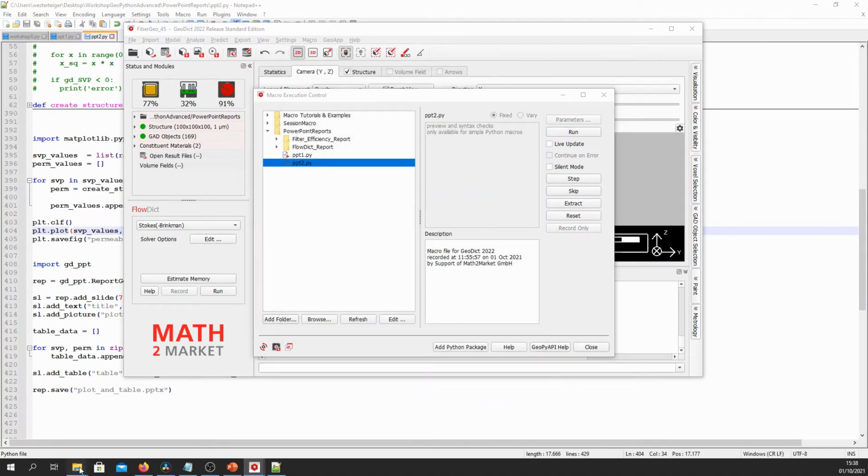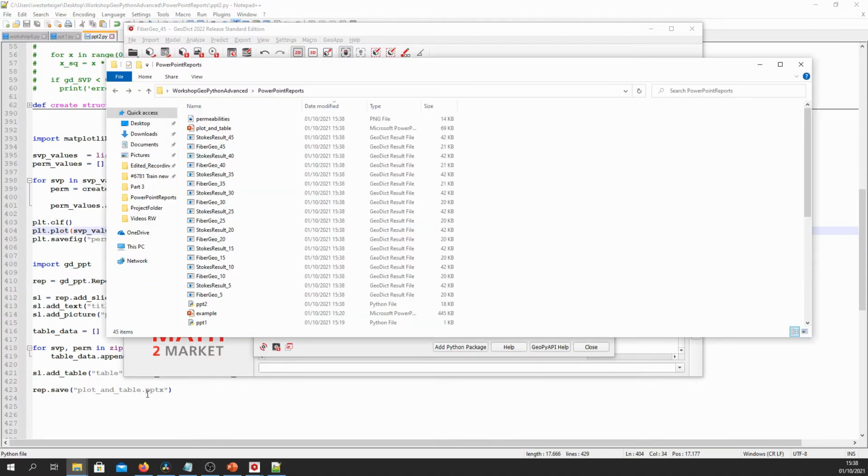And now we go to the Explorer, go to our PowerPoint reports folder, and there we can see plot and table.pptx.